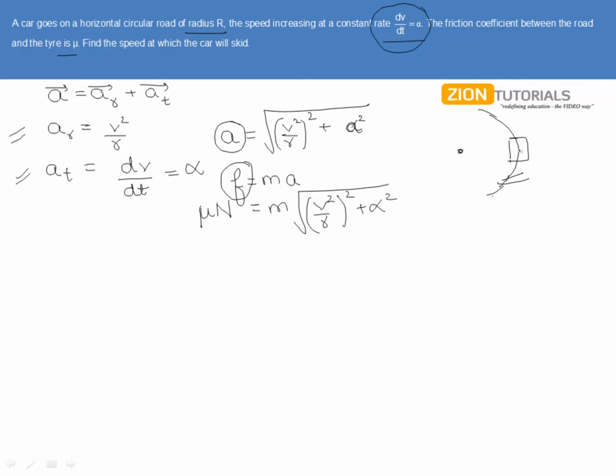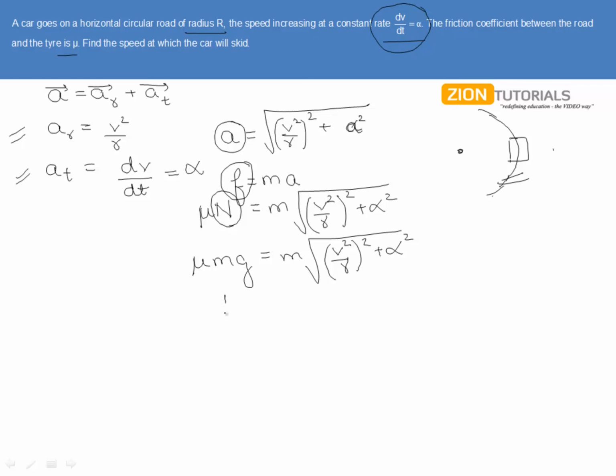There will be two components of friction, one of which will be providing the centripetal acceleration and the other providing the tangential acceleration. We have considered both of them here by taking N being the net normal reaction. So we can write it as mu mg equals m under root v square by r whole square plus alpha square,